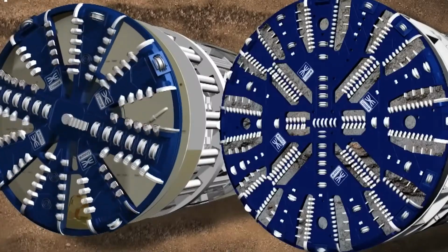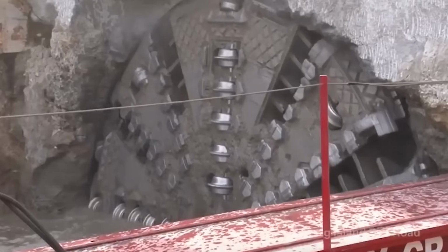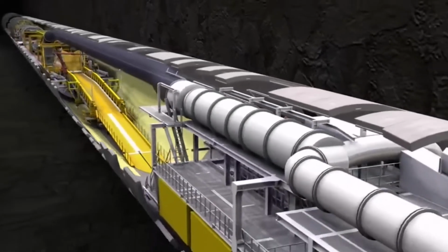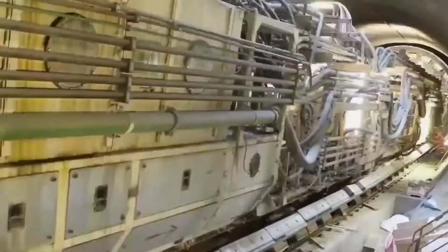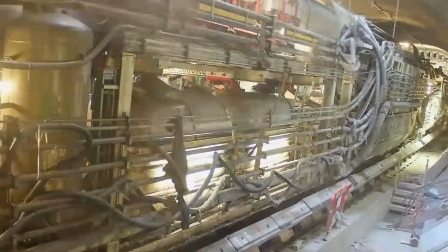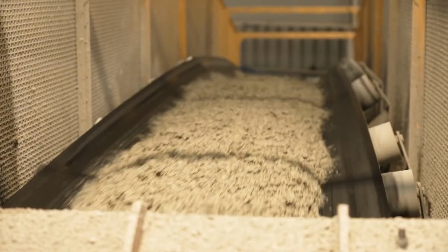It's here that the TBMs will begin their underground journey, with conveyor belts set up to transport the excavated rock and soil out of the tunnels. As the TBMs grind through the rock, a conveyor belt will move the debris to a massive shed at Windsor Reserve in McLeod, which will be rebuilt as a sporting oval once the project is finished. The conveyor belt, moving at nearly 13 kilometers per hour, will efficiently carry the soil to waiting trucks that will